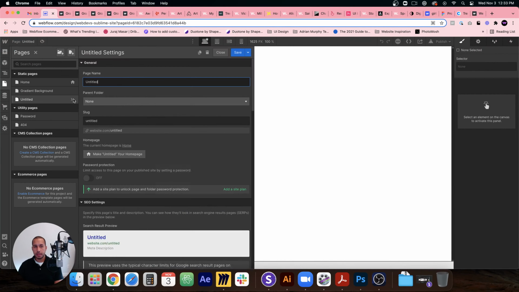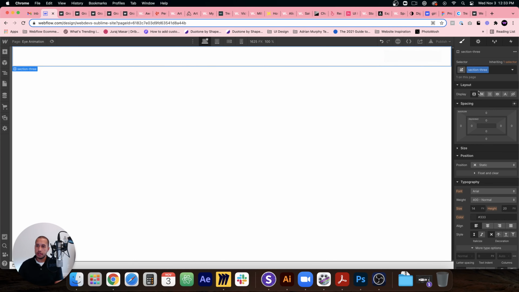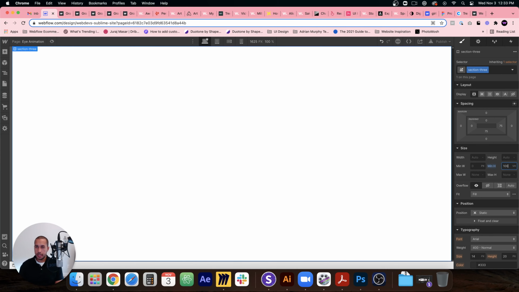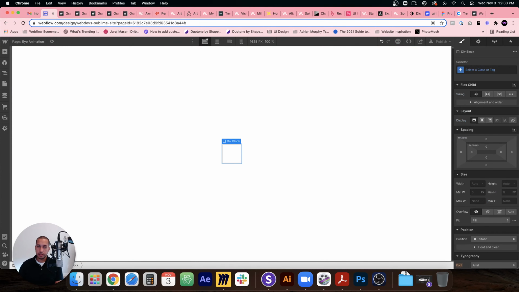and I'll just name the page something like eye animation, and we'll add a section, call this section 3, set the min height to 100 VH, and I'll just center it. Okay, cool. Nice. Cool, so I'll add a div, and let's set the height to 200 by 100,